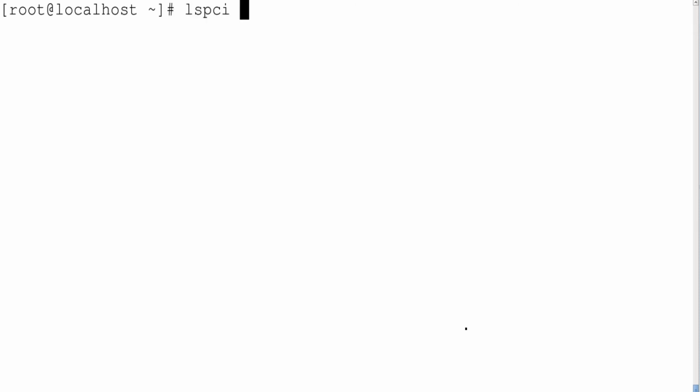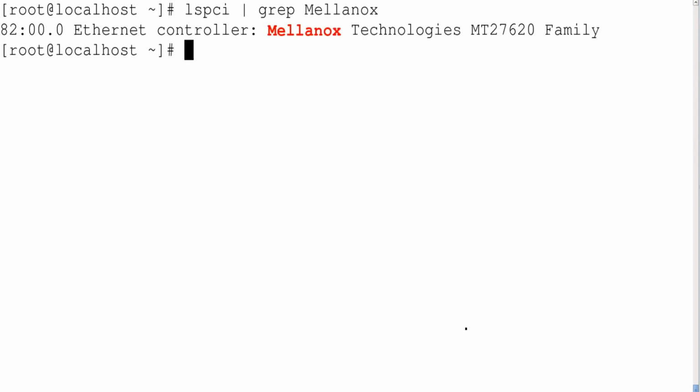So with this command, I can get the information of all the devices attached to any of the PCI slots. But we are not interested in all the devices. So I am putting this grep command. And because we are interested in only the Mellanox card, let me type Mellanox. So it has detected this 100 gigabit Ethernet card attached to its PCI slot.